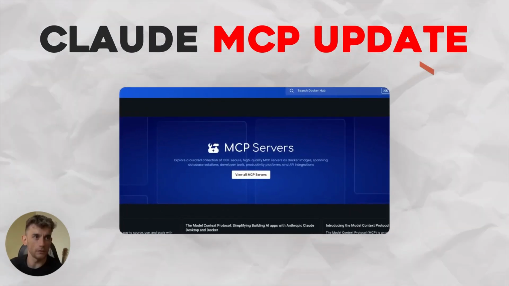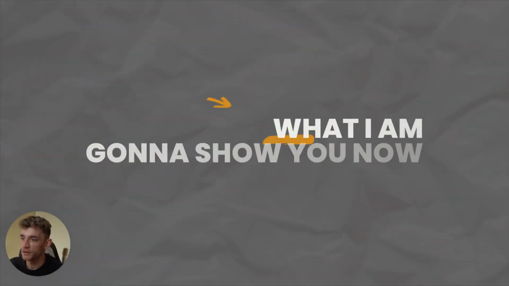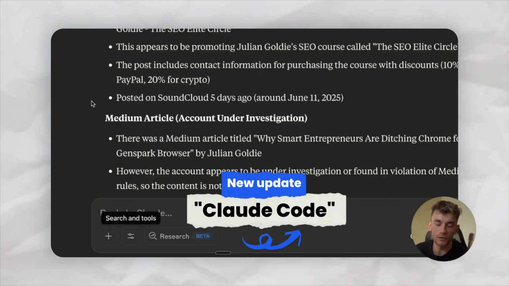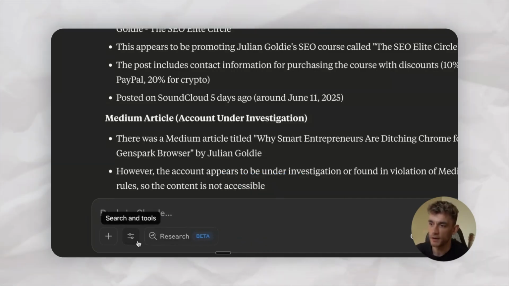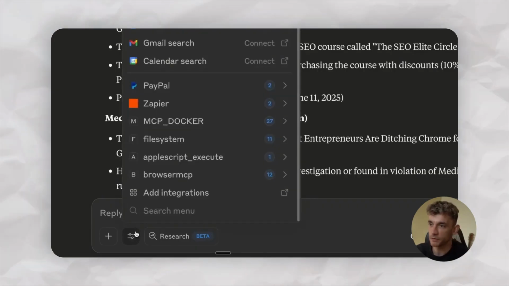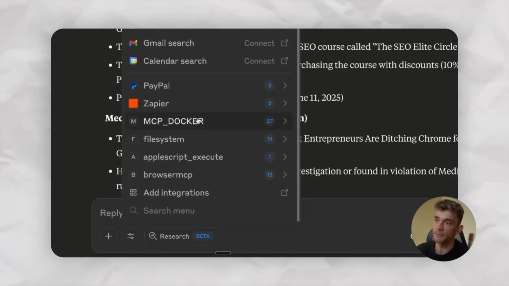This new Claude MCP update is pretty impressive. So, what I want to show you now is an example of a new update inside Claude Code. You can also do this inside Cursor and everything else. And basically, you can access loads of different tools that I'm about to show you using something called the MCP